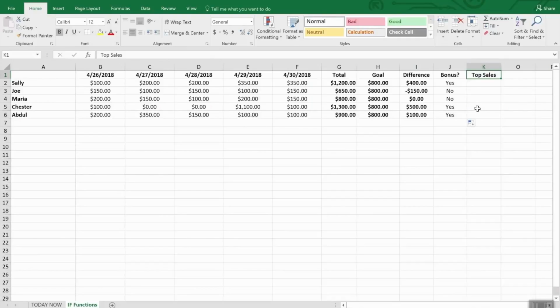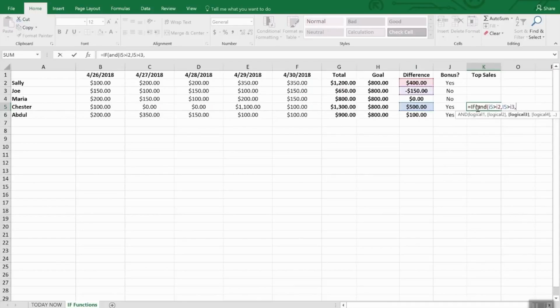We already know that Chester's our winner, so as not to make things anticlimactic, we'll go ahead and build our first formula around him. So bear with me because we have to type a little bit. So the formula is IF AND, then we're going to say, again, we're using the difference column, I5 for Chester is greater than Sally's I2, is greater than Joe's I3, is greater than Maria's